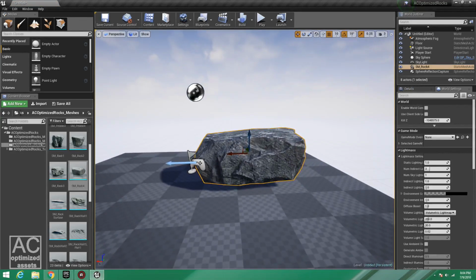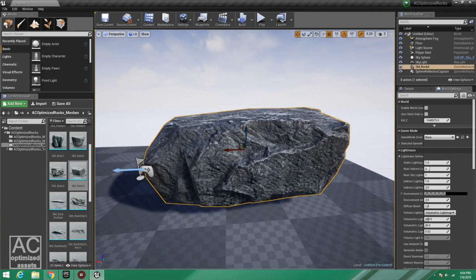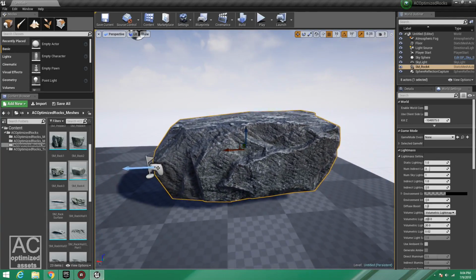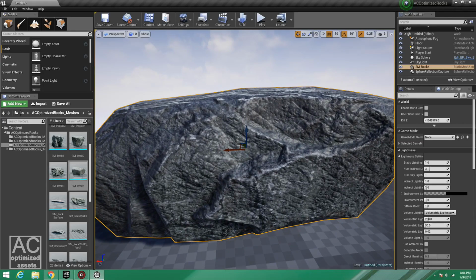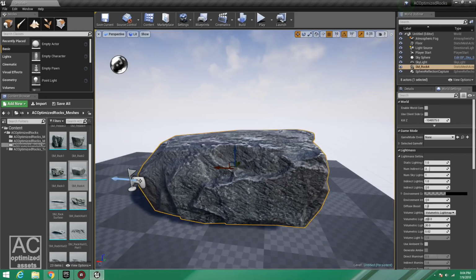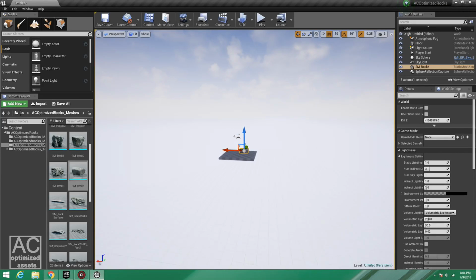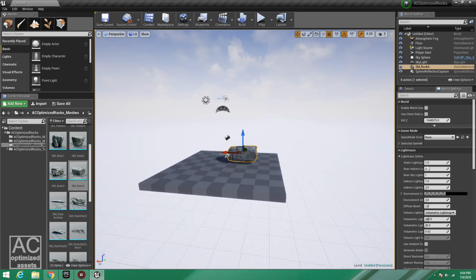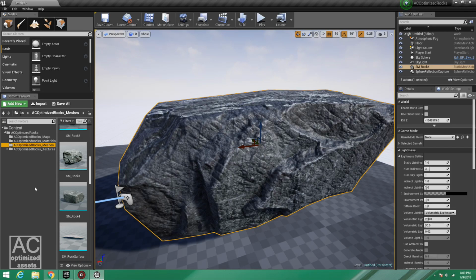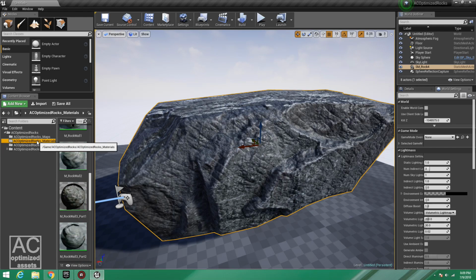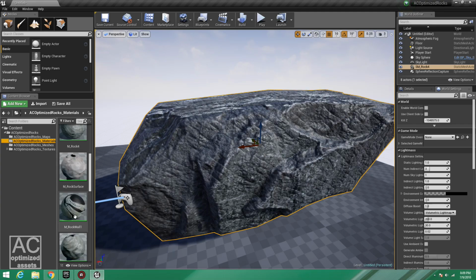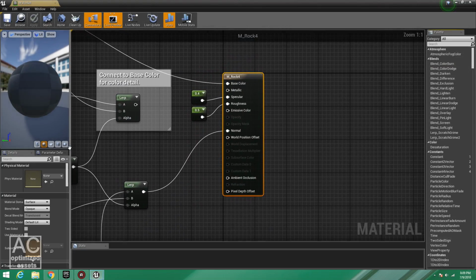But if you wanted to get in there and tweak a few things, like the distance-based detail normal map, for instance, you want the normal map texture to be smaller or larger, depending on how large you want the rocks to be. Or if you'd like to tweak LOD, then you can also do that, and I'll get into that too. If you want to adjust the material properties, simply go to the Materials folder, find the corresponding rock, in this case rock 4,